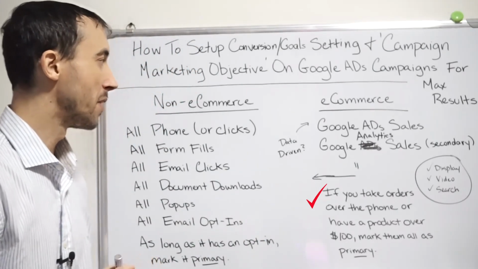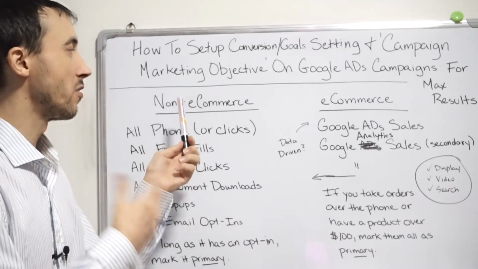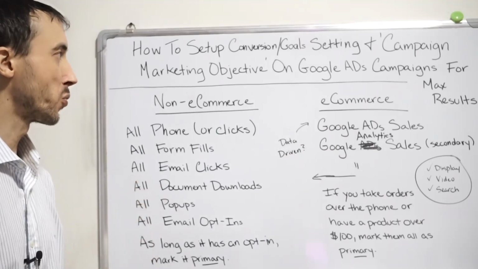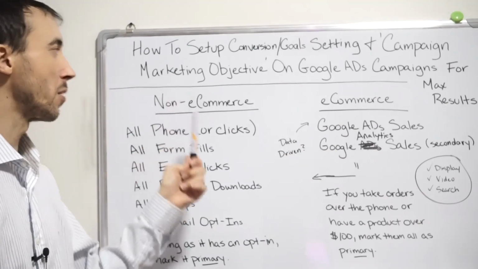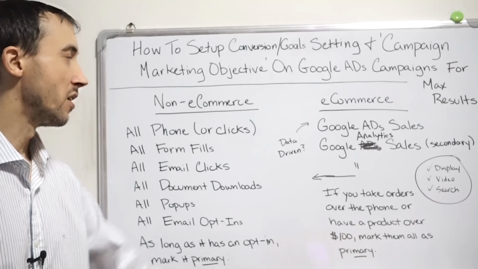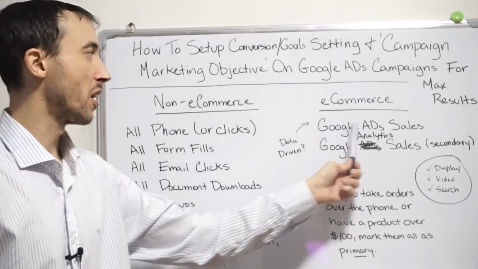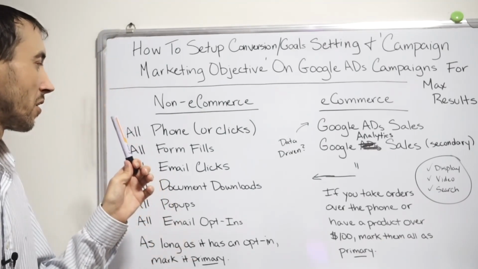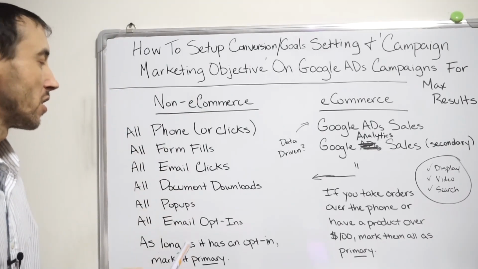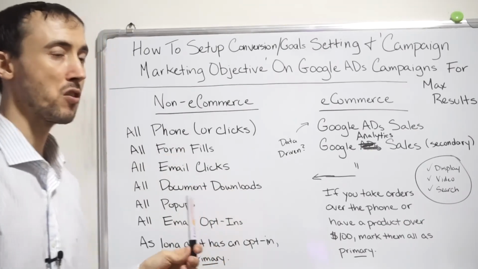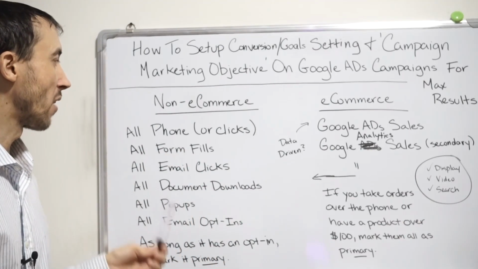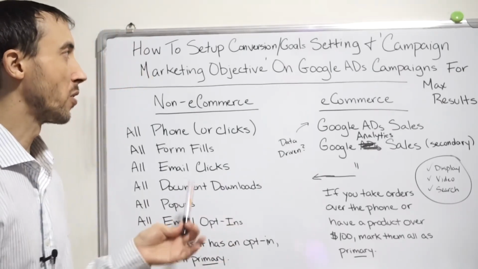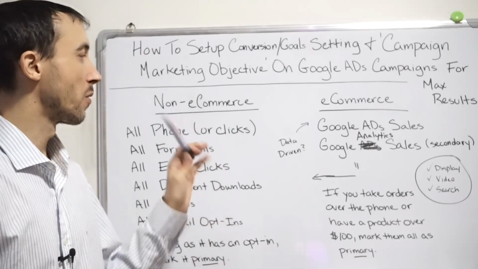So basically to boil it down, whether you're non-e-commerce or e-commerce, if you're running a display campaign, I would try to set the campaign marketing objective as sales itself, and then the goal setting should be looking at the cart sales itself. And of course, if you don't have a cart, then you try to set up an offline conversion tracking goal and import that goal, whether you have 100 sales or not, with the goal being once you do get 100 sales, of course,